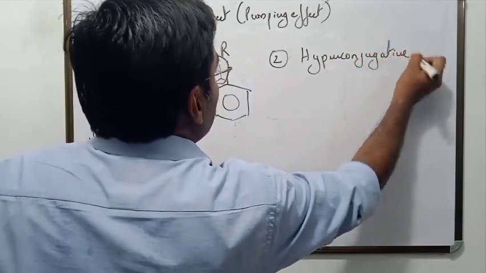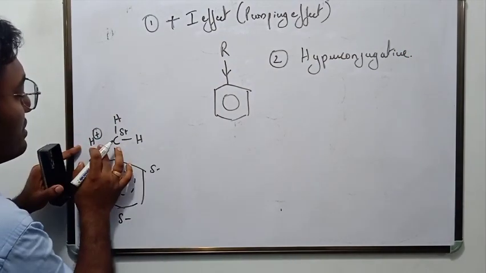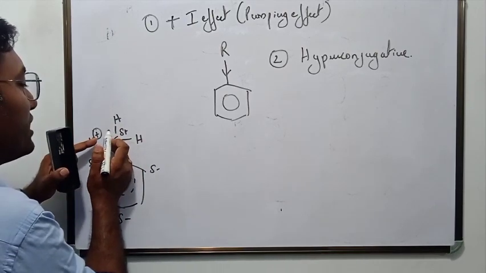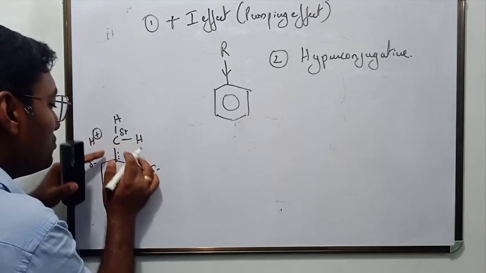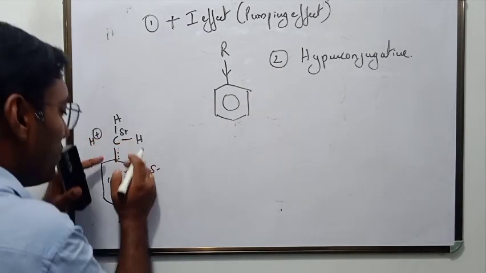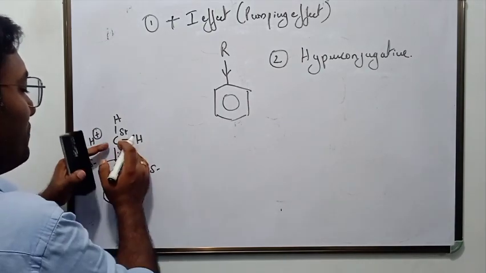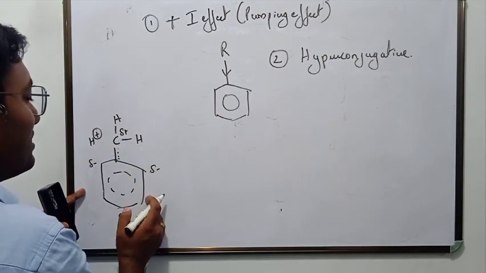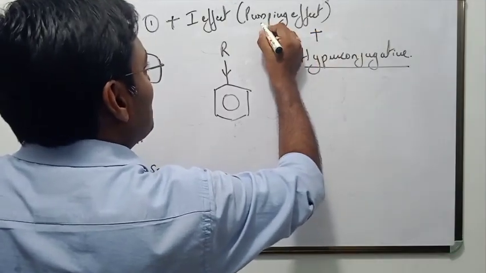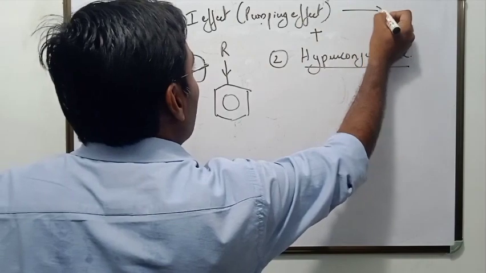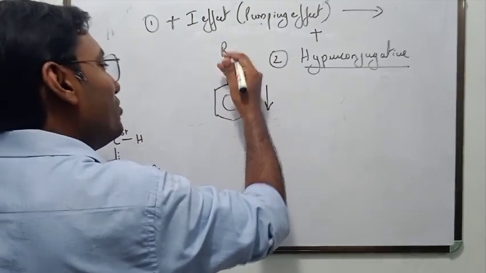See, the CH bond assumes a no bond resonance. Why does it do so? It wants to share the sigma electrons. Here there were 2 sigma electrons it wants to share with the benzene ring. So it delocalizes those electrons into the benzene ring for extension of the molecular orbital. So when it does so, what happens? You can see it combines with this force. Which force? Pumping effect. Both forces are in the same direction, downwards towards the benzene ring. So both forces act downwards,